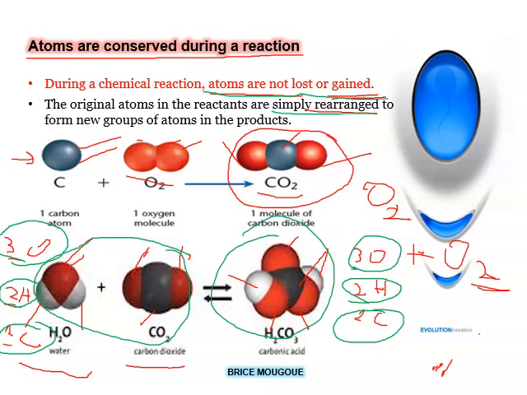Now, in order to account, like I said earlier, when we have 2 of hydrogen combining with oxygen, 2 here, and we're having H2O, in order to account for the atom of oxygen that is lost here, we'll have to then work out what we call balancing of chemical reactions, or balancing of chemical